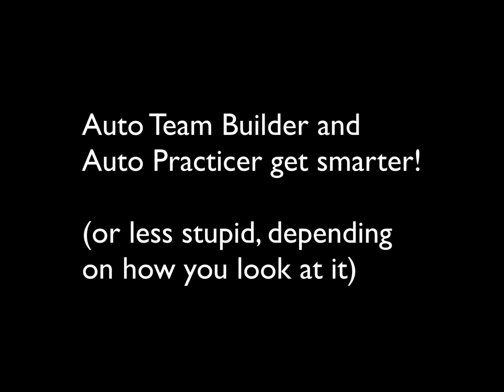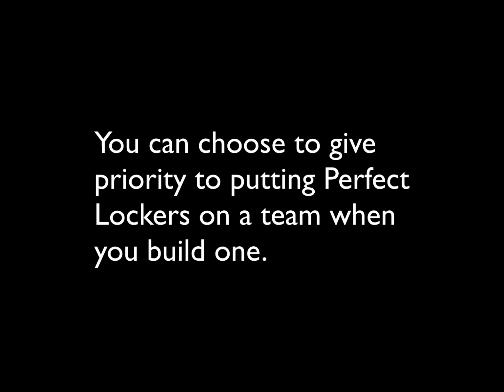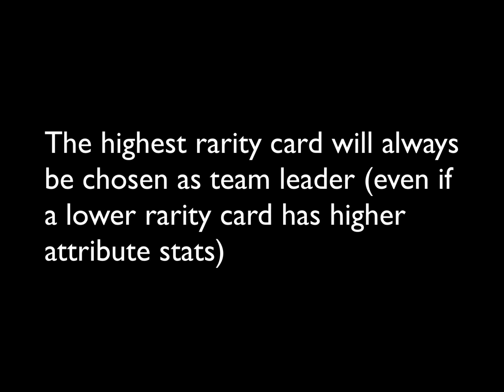The Auto Team Builder and Auto Practicer also got a lot smarter with this update. In the Auto Team Builder, if you don't have enough cards of the attribute you have selected, it'll fill the rest of the team with off-color members that have the highest stats in that attribute. You can also choose to prioritize Perfect Lock skill when building a team. Also, the team leader will be selected in order of highest rarity,